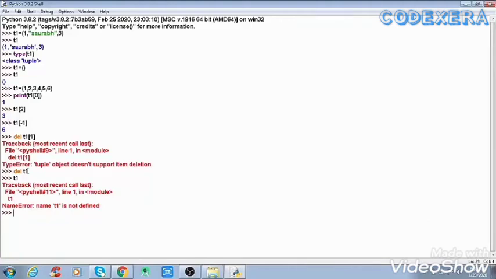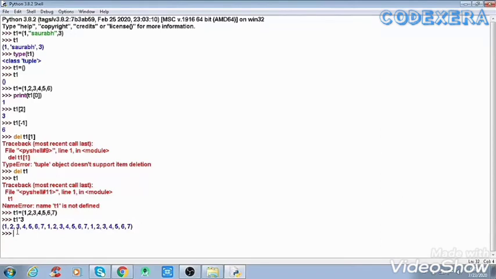As we have done a lot of operations in lists, we can also do those operations in tuple. I will show you, but before that we have to create a tuple: 1 2 3 4 5 6 7, and enter it. Now we'll start. If we want repetition of the elements of a tuple, we'll use an asterisk, and write the number of times we want to repeat it. I will write 3 and it will print this tuple's elements 3 times: 1 2 3 4 5 6 7, again, and again. So it was the repetition operator.